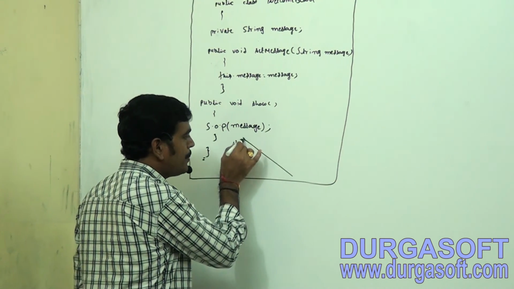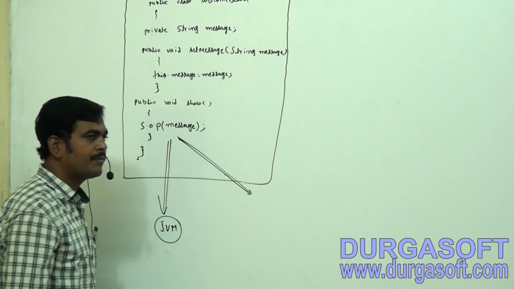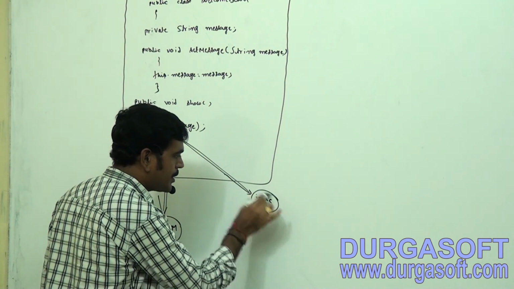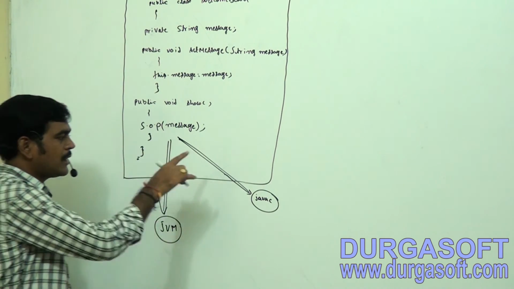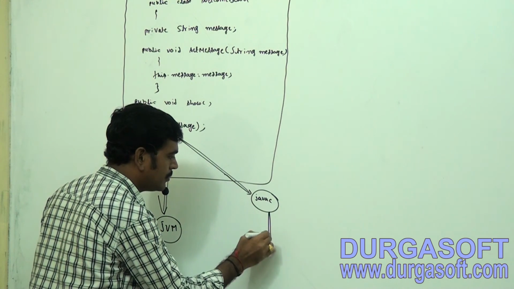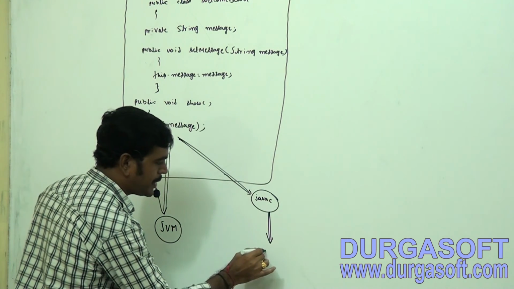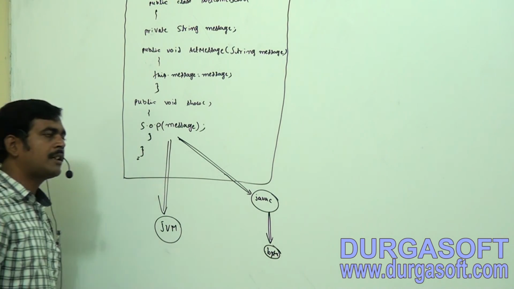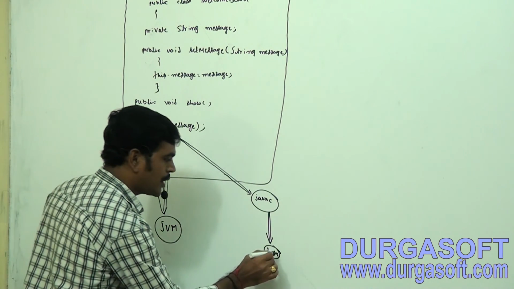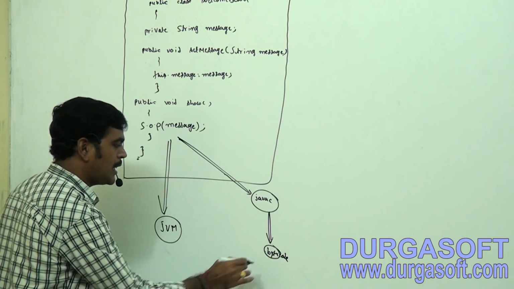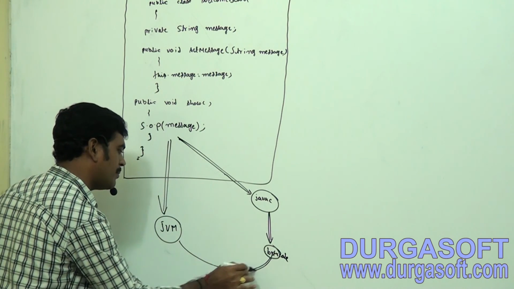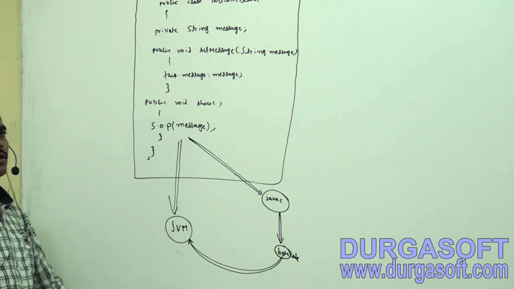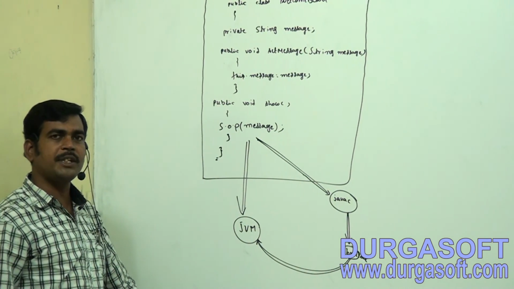The JVM understands byte code. If we want to get the byte code, what is required? First of all, we need to use the javac compiler. Using the javac compiler, we compile the code and get the byte code, or .class file. Then finally we hand this byte code over to the JVM. The JVM understands that byte code only, and it creates the objects